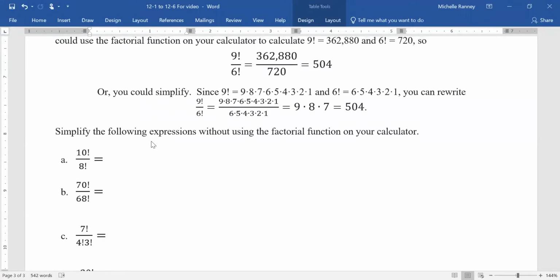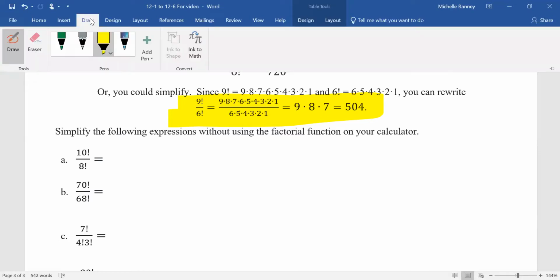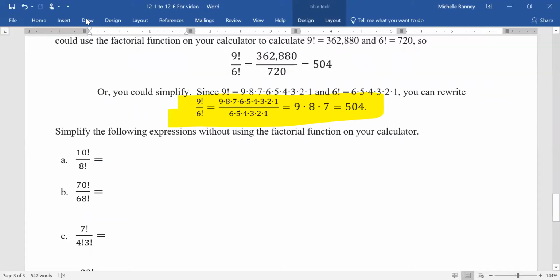So if we take a look at this section here, let me just highlight it so you see exactly where I'm talking. We're looking right here at this section. I wrote out what 9 factorial is: 9 times 8, 7, 6, 5, 4, 3, 2, 1. I wrote out what 6 factorial is: 6, 5, 4, 3, 2, 1. Now, what happens is you actually have some of these numbers that are going to cancel out from top and bottom. So this 6, 5, 4, 3, 2, 1 is going to cancel with this 6, 5, 4, 3, 2, 1. And I'm left with 9 times 8 times 7, or